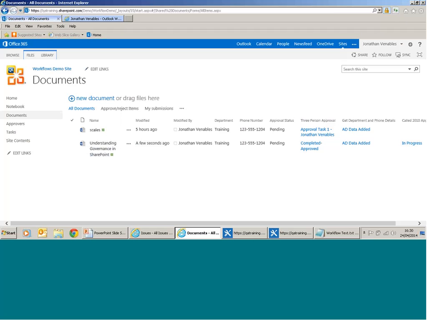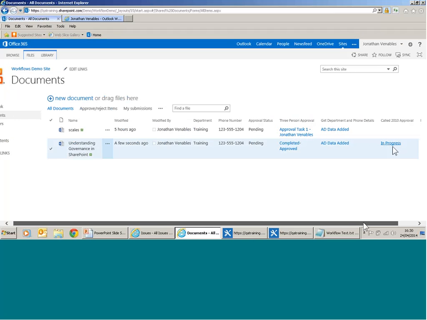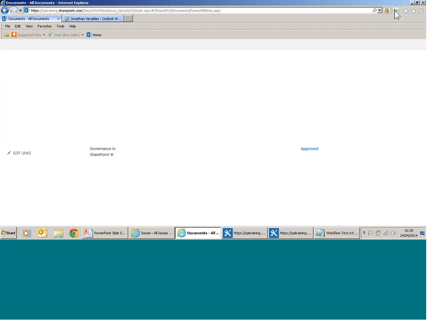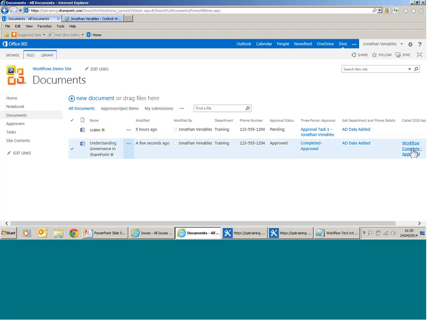The workflow now starts running another workflow that will do the approval. So this is now my 2010 workflow. That will refresh things and just give it another go. And that's complete. And that's actually then changed the approval status of my library to be approved, along with 3